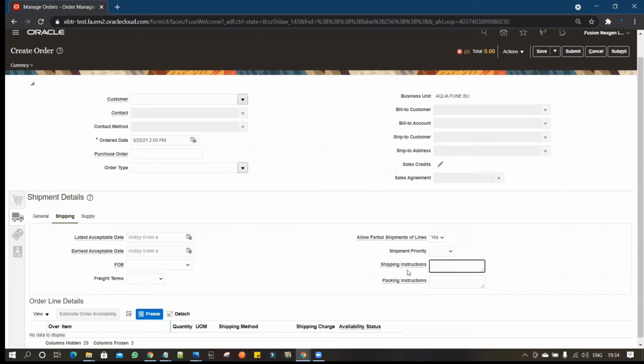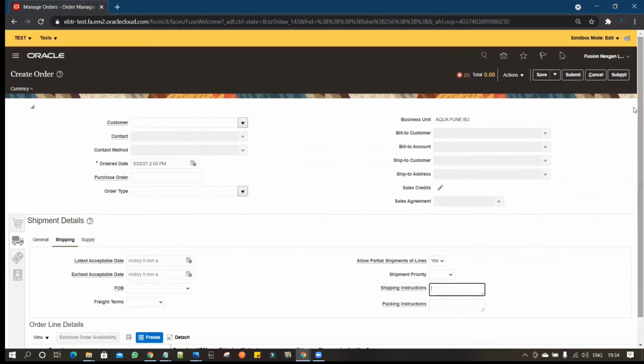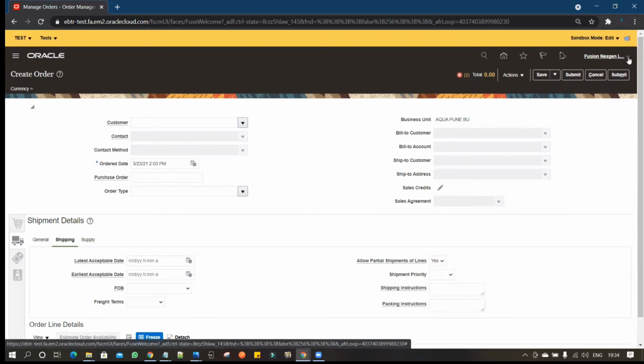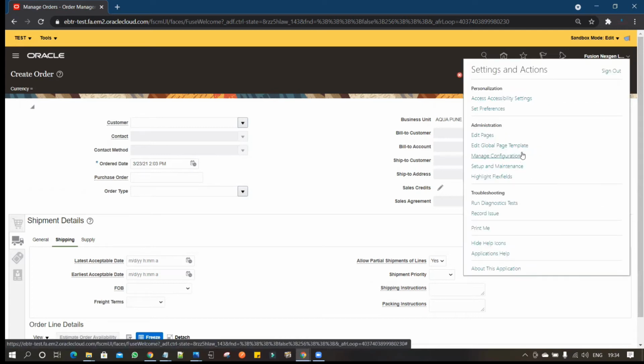Yes, I'm going to hide the shipping instructions. Now, to have this, we have to go to the user. Under the user, we have to go to administration, and click on edit pages.